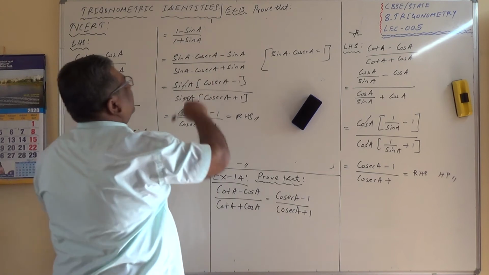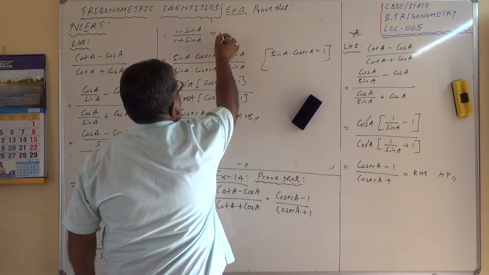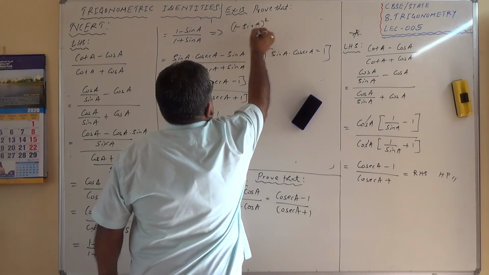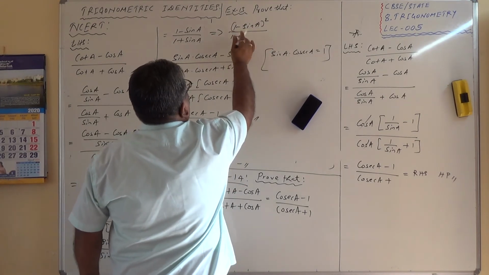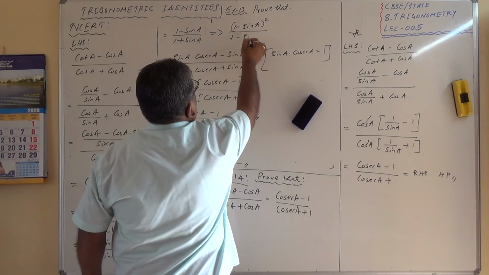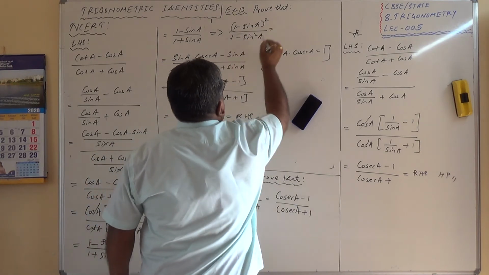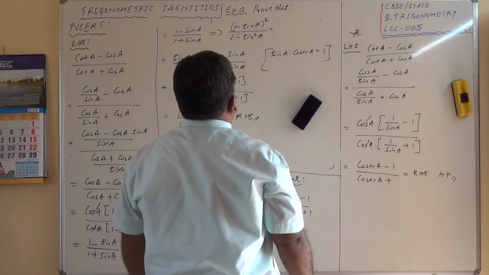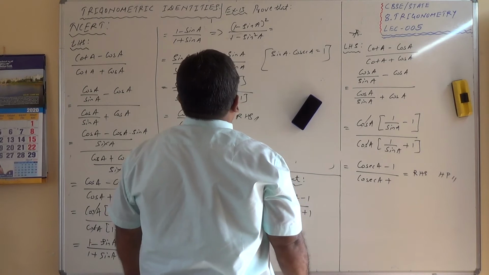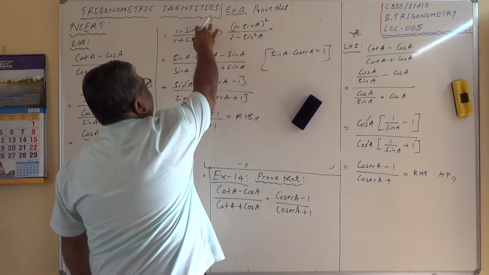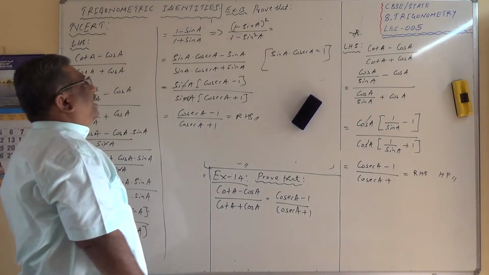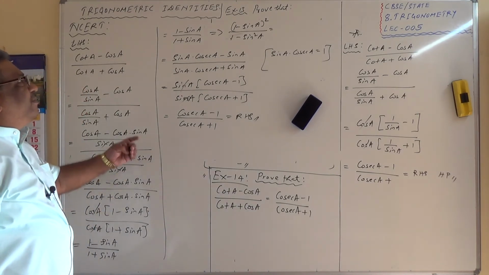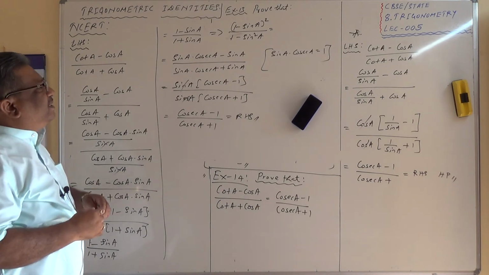By multiplying with the conjugate, let me check over here if it is possible. 1 minus sin A, the whole bracket square, divided by 1 square minus sin square A. 1 square minus sin square A. 1 minus sin square A. Now things are getting complicated. Multiplying and dividing the equation by the conjugate of the denominator is not getting me the result.